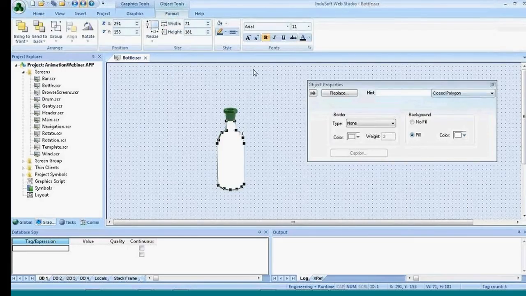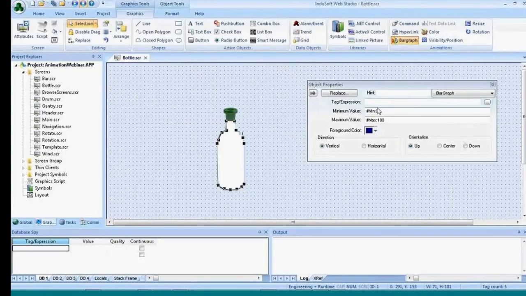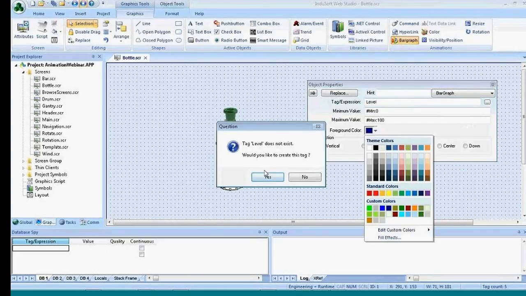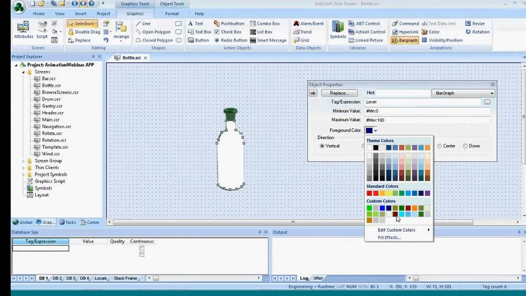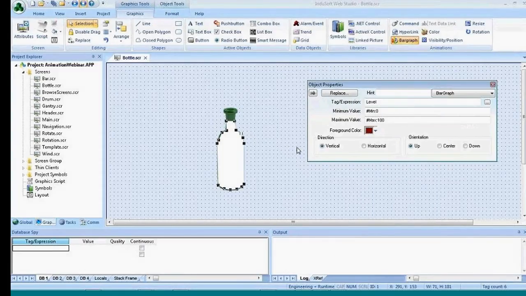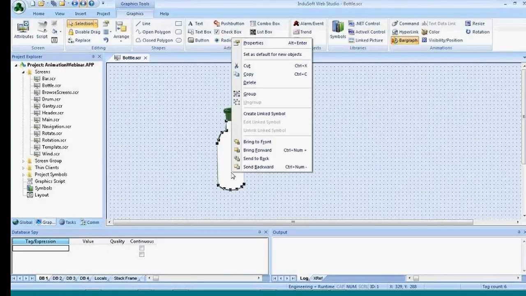And then I'm now going to apply the bar graph animation to this closed polygon, and that will fill that. And I'm going to put this as level and make that 0 to 100. That'll give us 0 to 100%. It'll grow vertically, it'll grow up, and I'm going to make the color of that fill level an integer tag, and I'm going to fill this with kind of a red brown, maybe for the dark red wine color that's going to be in that bottle. Okay, so now that I have this, I'm going to then push this to the back,